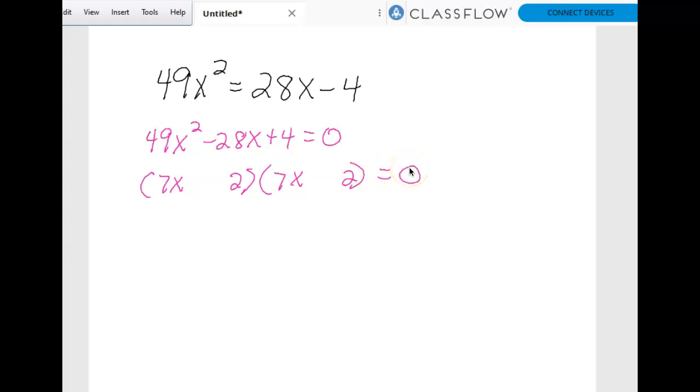Now, what signs do I put in the middle? They have to match. They're either both positive or both negative. We want negative this time, right? And here's why. Negative times a negative gives me a positive 4. And in the middle, I have minus 14, and that adds to negative 28. So here, y'all, how many zeros are we getting this time? So if I add 2,